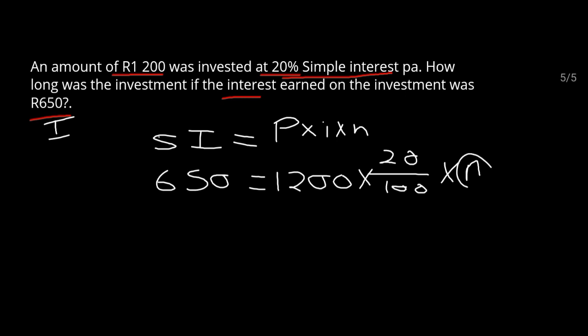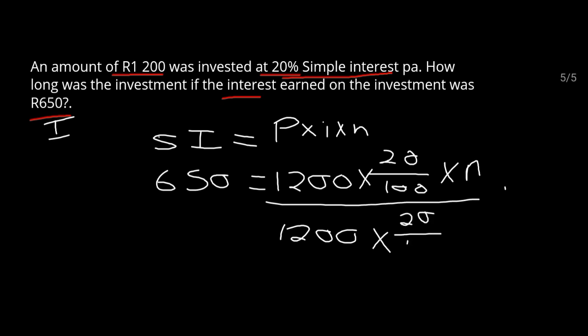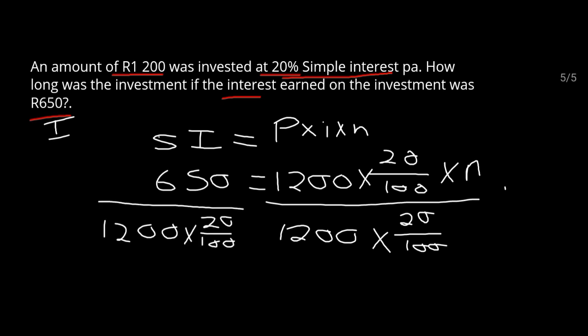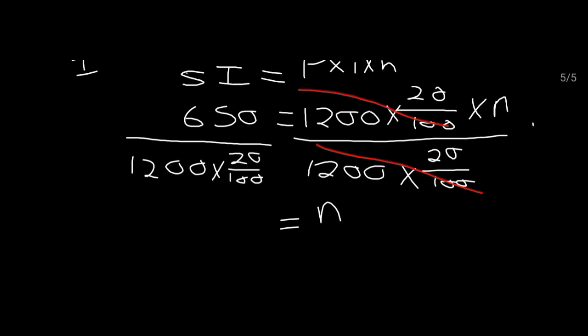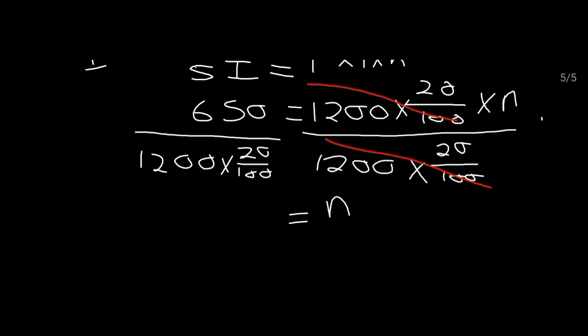So because I want to make N the subject of the formula, it's obvious that I'm going to divide by. This is what I've been talking about in the previous activity. So you just divide by 1,200 multiplied by 20 over 100. And then you do the same on the left. So this part you cancel with this part, and then our period. And then as for this side, you just say 650 divided by 1,200 multiplied by 20 over 100, and then it's going to give you the value of